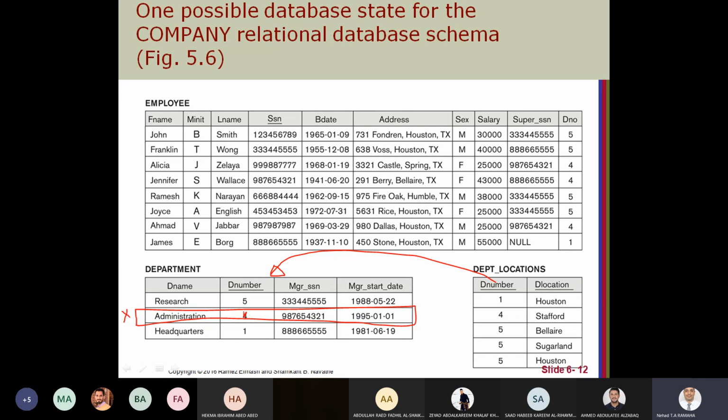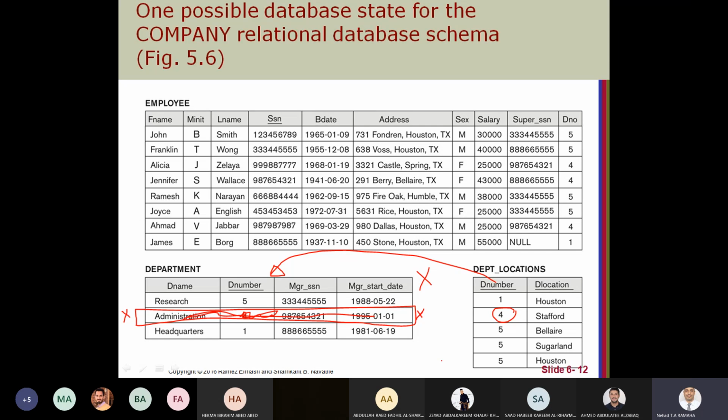Why? Because I'm trying to delete this primary key, and here there's a foreign key. So if this one is deleted, then this foreign key does not have a parent primary key. So the DBMS will not allow this operation.